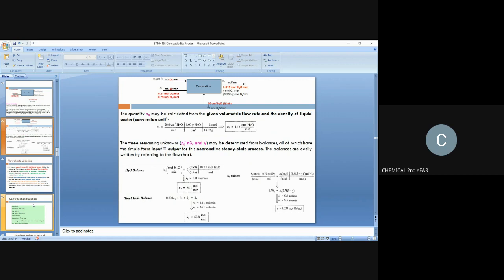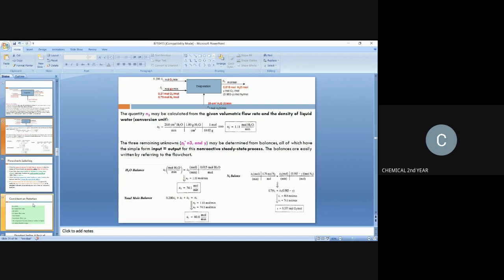The three remaining unknowns N1, N3 and y may be determined from balances, all of which have the simple form input equals output for a non-reactive steady-state process. The balances are easily done by referring to the flowchart. Water balance: N3 mole per minute times 0.015 mole water per mole is equal to N2, 1.11 mole per minute. From that, N3 is equal to